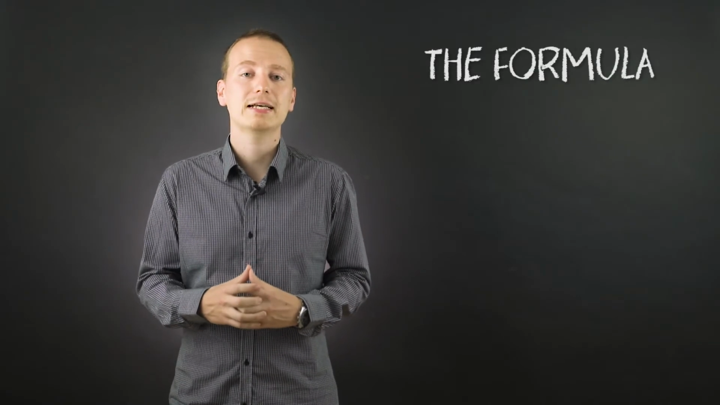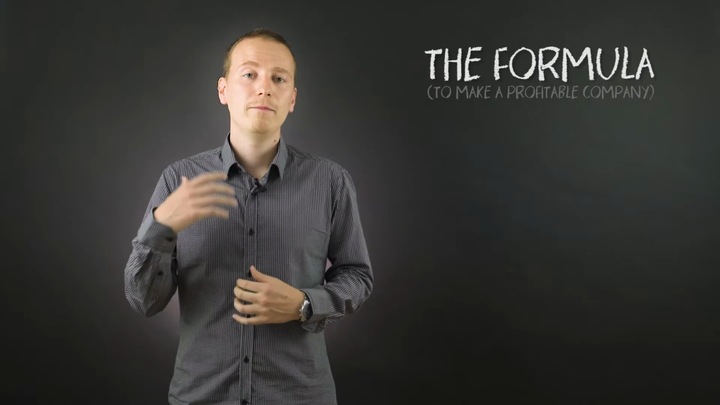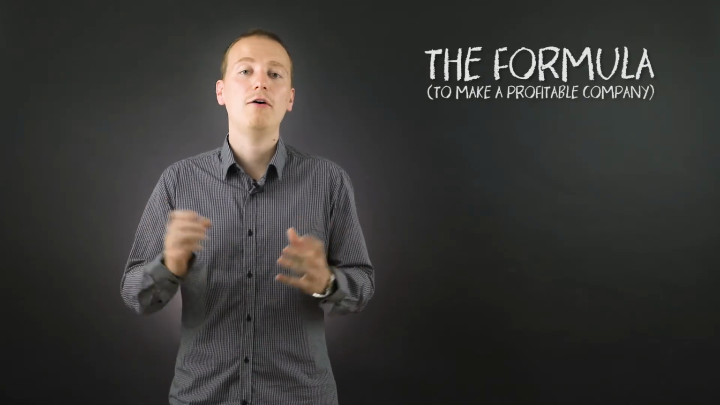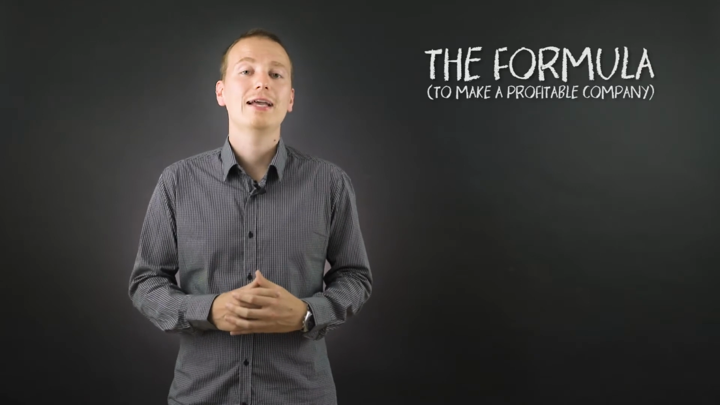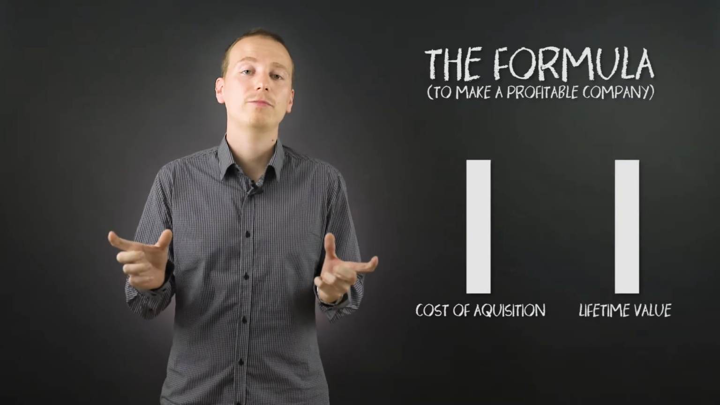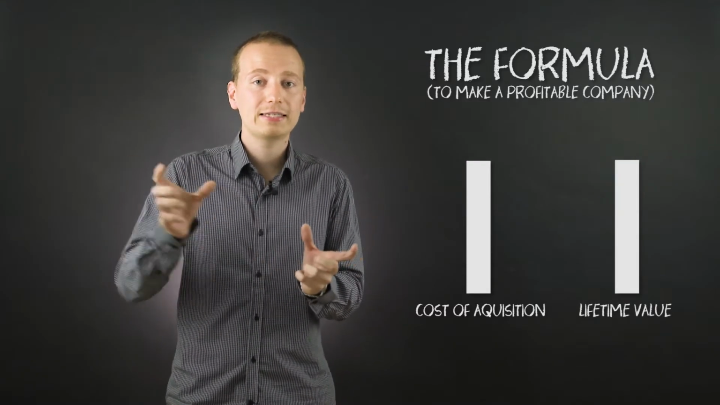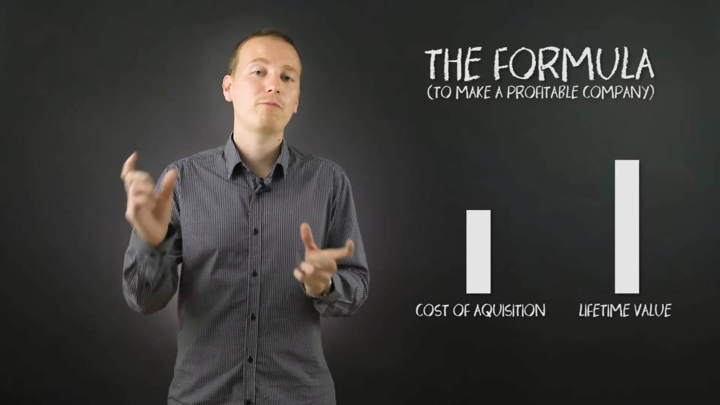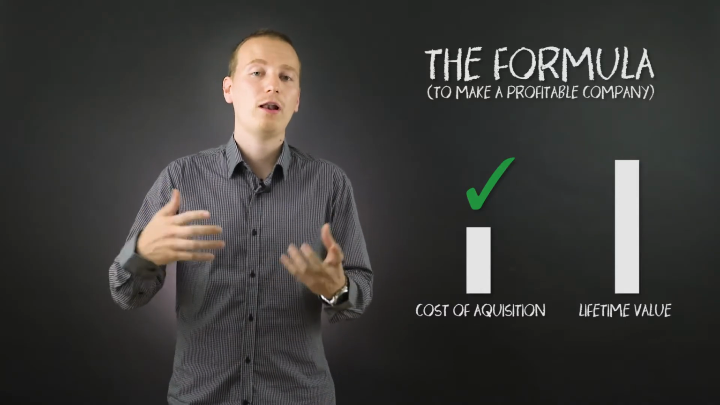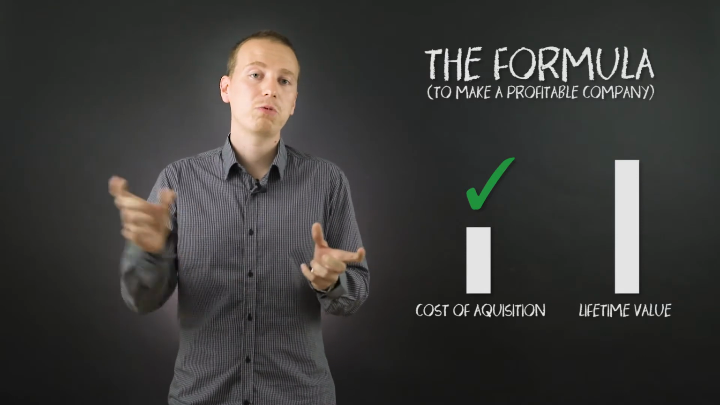So the way that I like to explain this is that if you take something called the formula, so it's just the very basics of how to make a profitable and growing company. You take the two sides of customer acquisition: the cost of acquiring a customer and the lifetime value of that customer. And when the lifetime value exceeds the cost, that is when you have profit, that is when you have growth. So for example, Uber might spend quite a lot of money, maybe $100 plus getting a